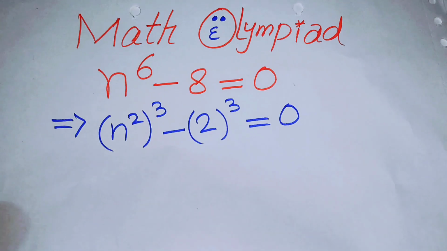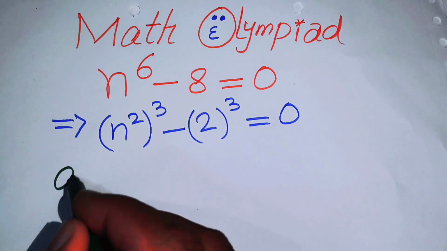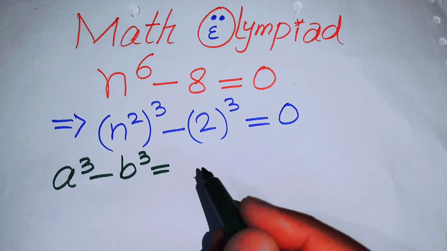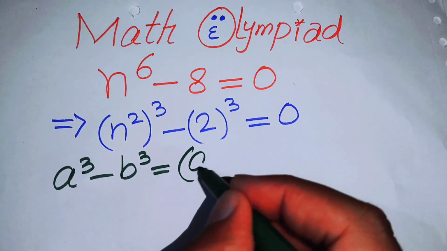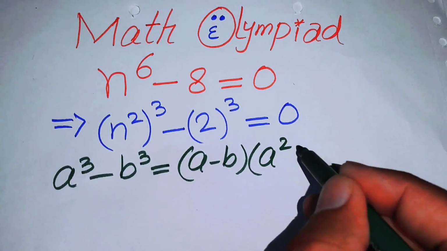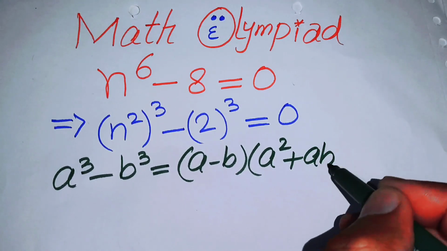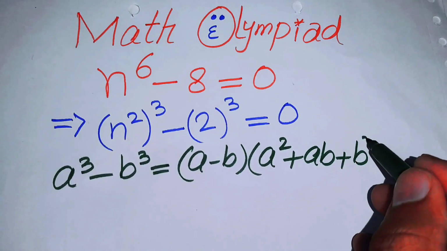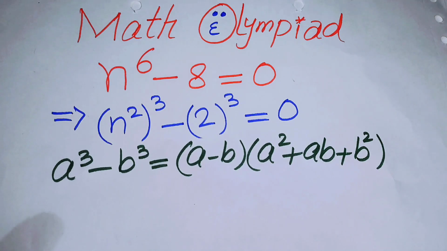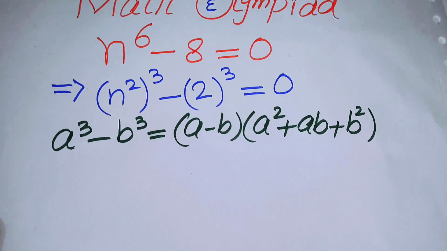And now in the next step we can use the nice cubic formula, and you know about this formula. If we have a cubed minus b cubed, it is equal to a minus b times a squared plus ab plus b squared. So now we can use this nice cubic formula in the above term, and the above term will be written as,